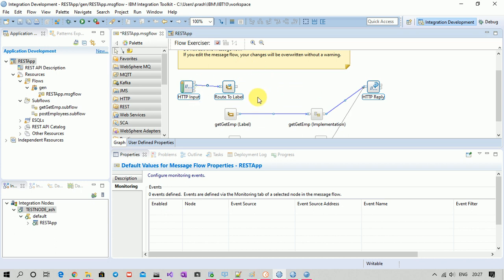Okay, and those events we can capture, maybe we can insert those events into a database, or maybe we can send them to another application which can take care of monitoring. So these kinds of things we do with the monitoring. Whenever these events are emitted by these nodes, those event messages will be published to a particular topic, right? So there is a defined structure for that particular topic.